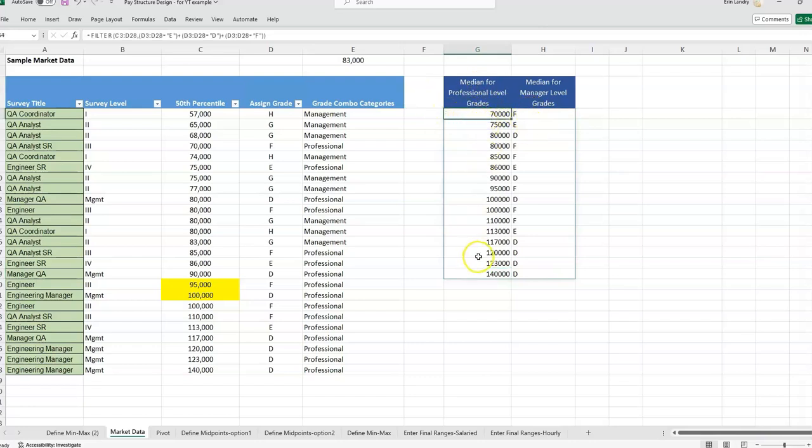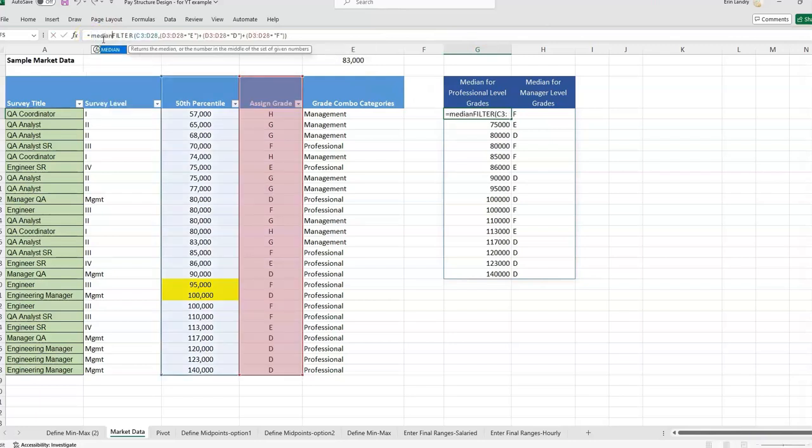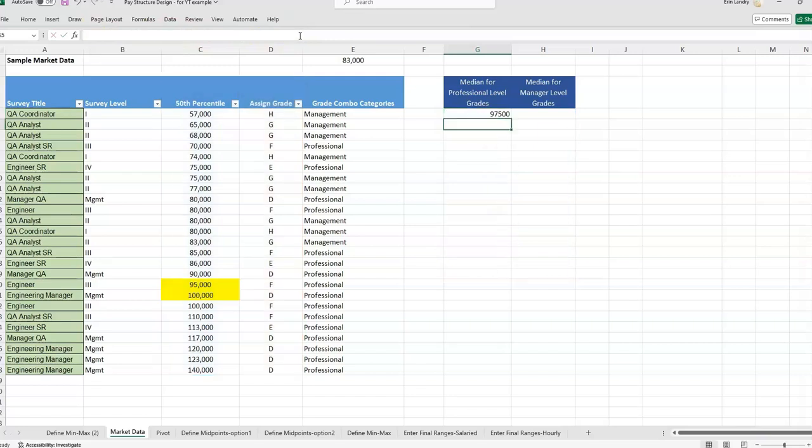And then to get the median of these numbers, we just need to add median to the front. So we are just gonna come in here to the formula and add median, parenthesis, and then we're gonna have to add another parenthesis here, I think just to the end, and enter. And then now we just get one result, this 97.5, which matches what